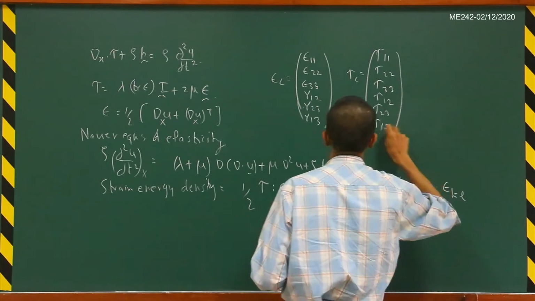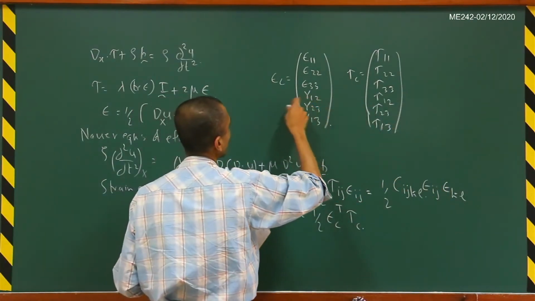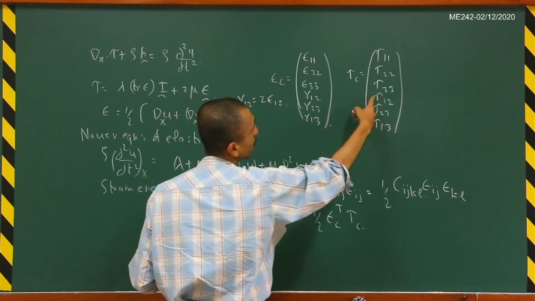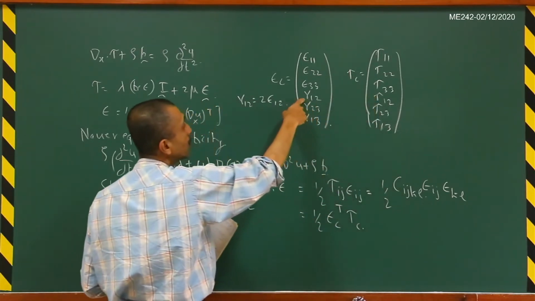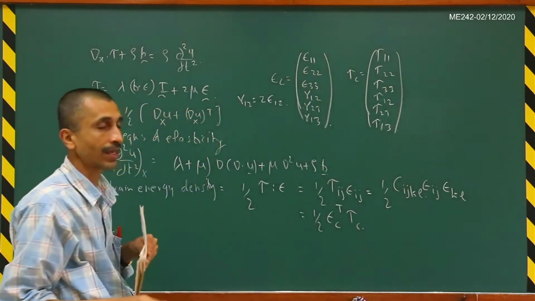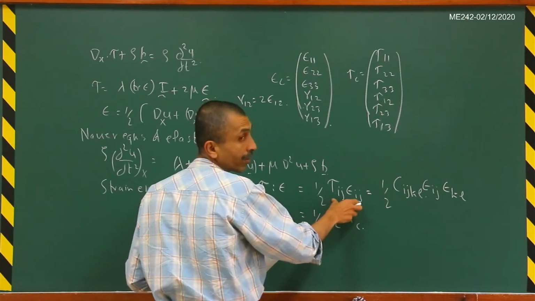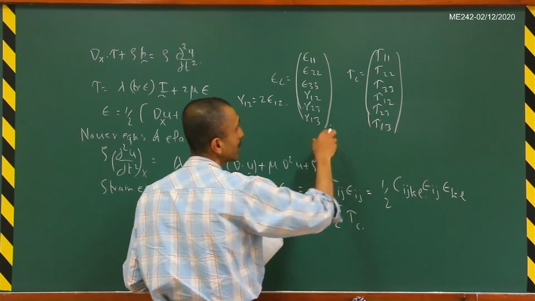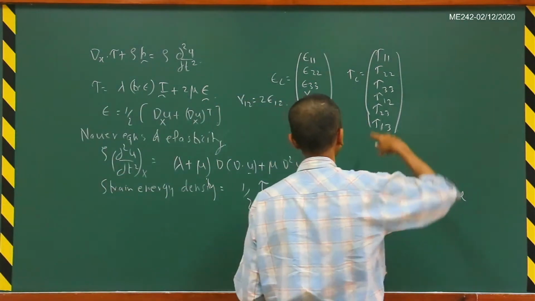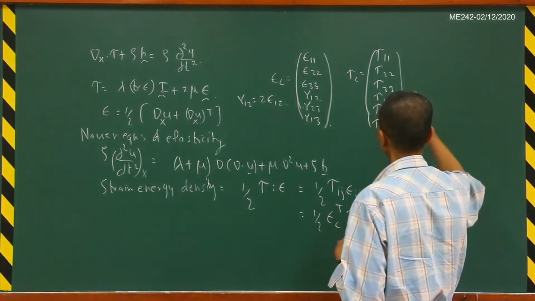Okay, so now you may wonder why there is a factor of 2 here, right? Gamma 12 is 2 times epsilon 12, but there is no such factor for the stress. So there is a factor of 2 when you are writing the strains but not the stresses. The reason is that we want this product to be equal to this one, and it is convenient. When we are dealing with applications, it is convenient to write the stress in this particular form and the strain in this particular form, because then we can just write it in a matrix form.